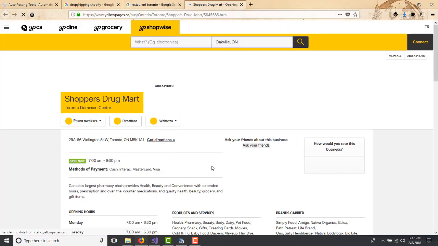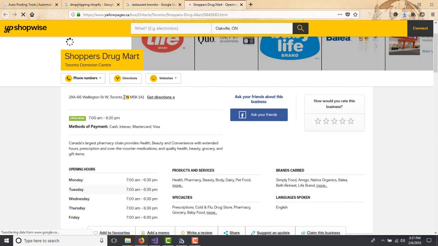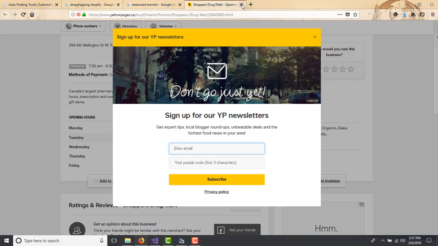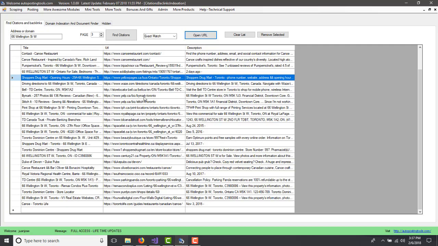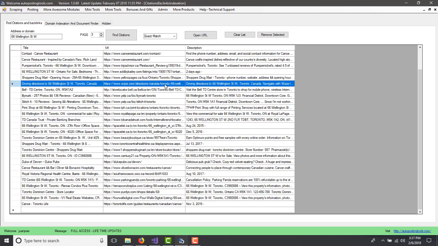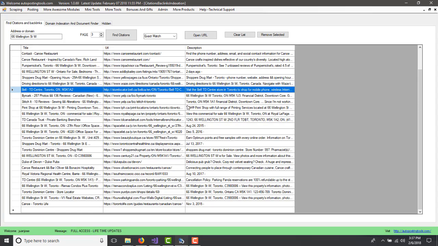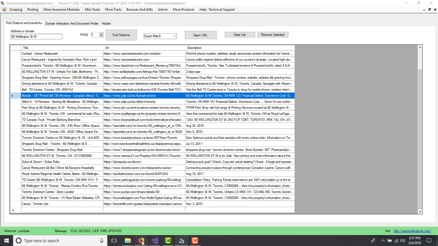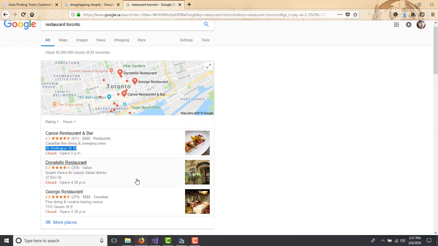So here you have the address of the business. You have to sign up here, then create your account, and then put your URL, and that way you will get one backlink. Once you check that out, you go to the next one, and then the next one, until you do all the same backlinks that they did, and then that way you will get the same kind of results that this person had.